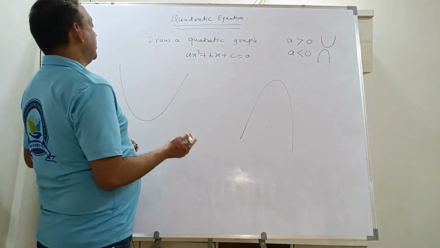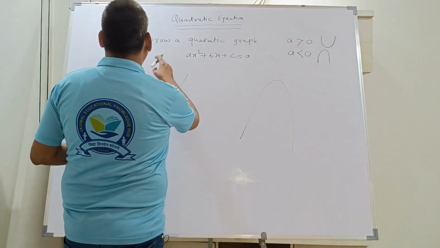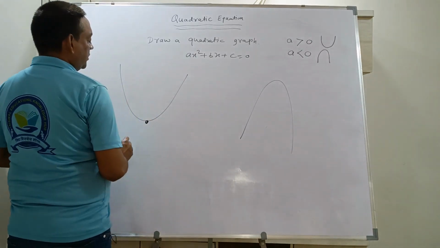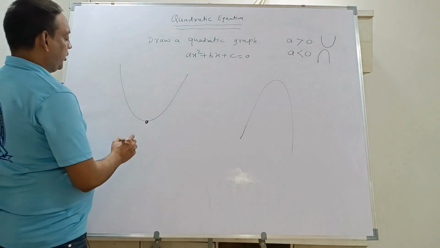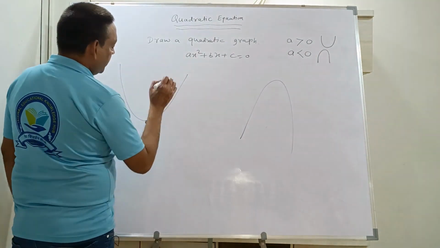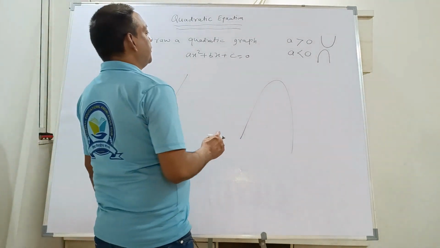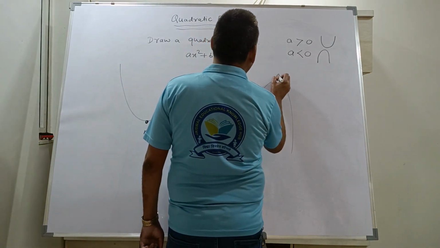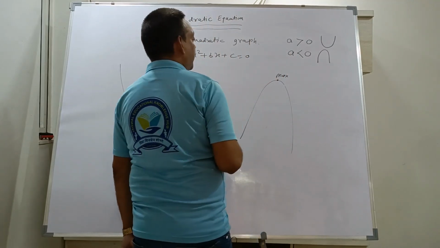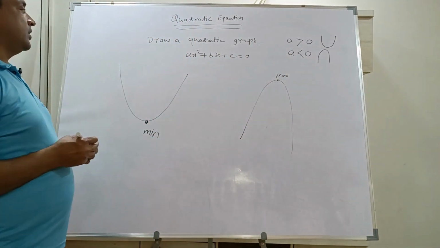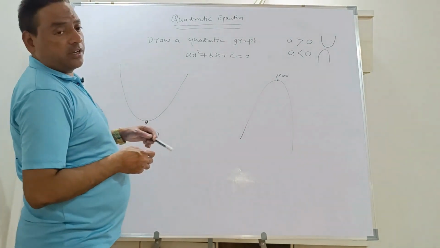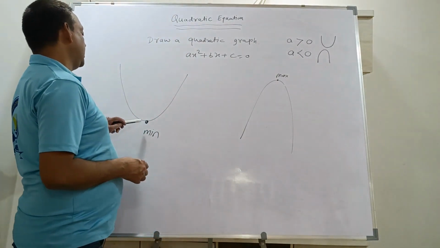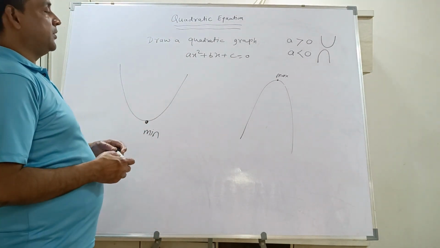By looking at the graph also you can say: if it is a parabola, you will get the lowest point here, that will be the minimum point. And if it is a hyperbola, the point will be here, that is called the max point. We will study the min point and max point in more detail in the differentiation chapter, but here just the basics: for the quadratic equation we will study what the max and the minimum value are.